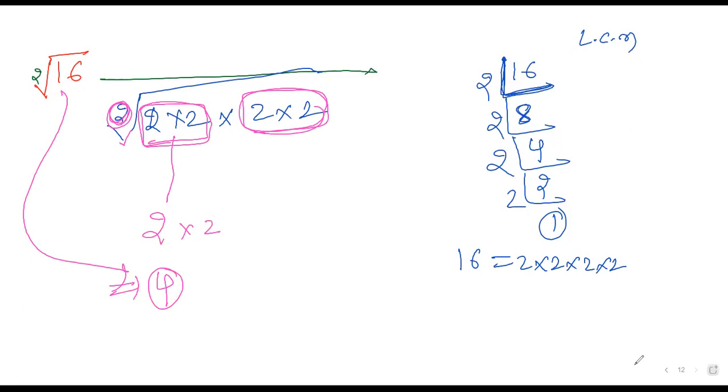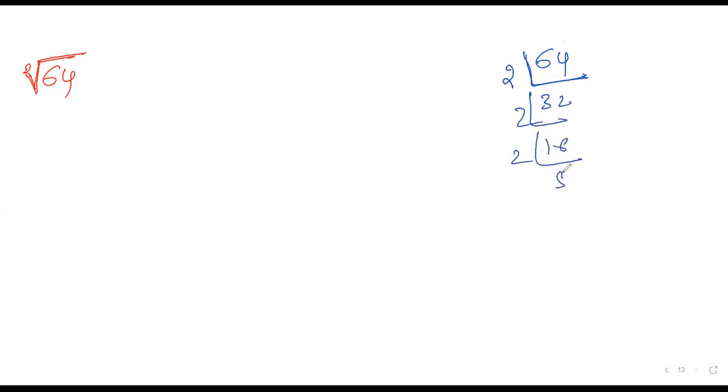Next, to understand one more sample question, I'll take the square root of 64. How much is it? The method is very simple, as I told you many times. Take 64 and use the LCM method. Start with the number 2. If 2 doesn't work, go for 3, then 4. Don't directly take 8. So 2 32s are 64, 2 16s are 32, 2 8s are 16, 2 4s are 8, 2 2s are 4, 2 1s are 2.